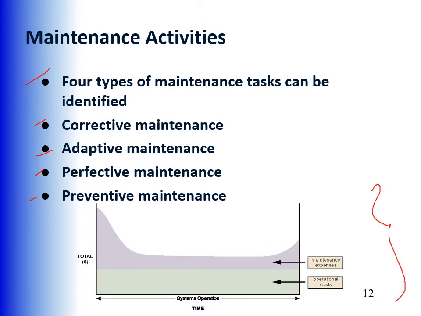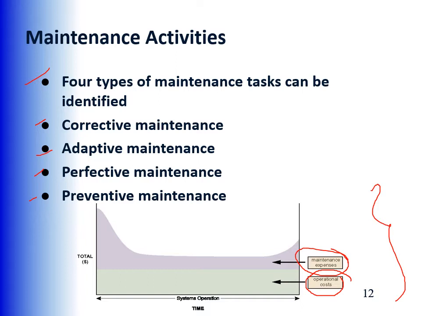This figure shows a typical pattern of operational and maintenance expenses during the useful life of a system. So the total cost of operating an information system includes operational and maintenance costs. Operational costs are relatively constant, while maintenance costs vary over time. You can see in the